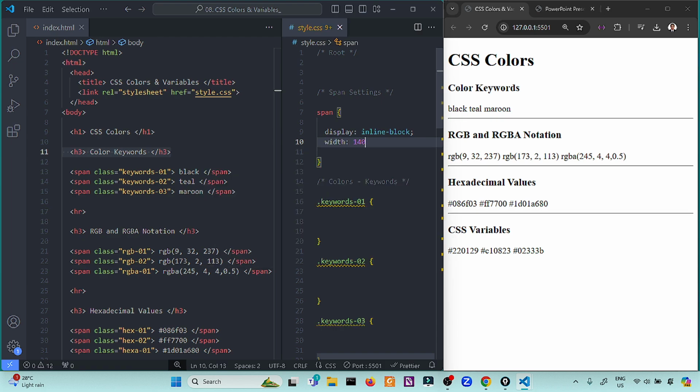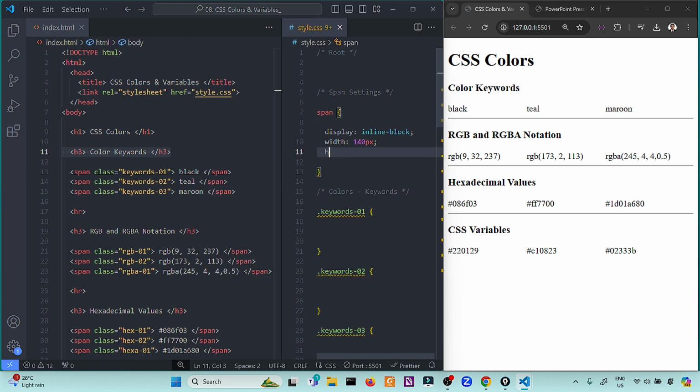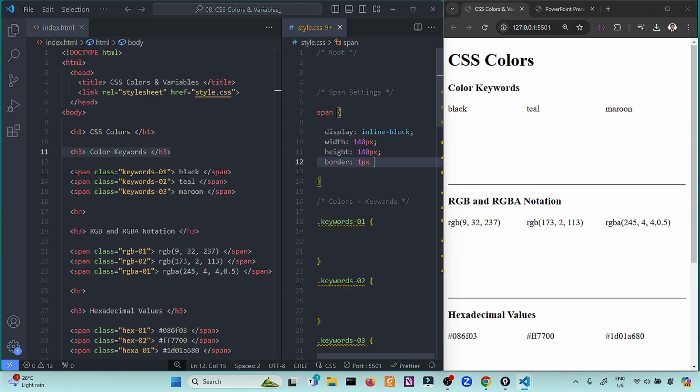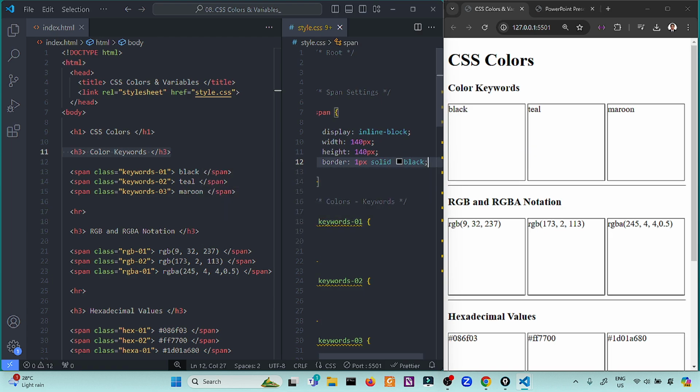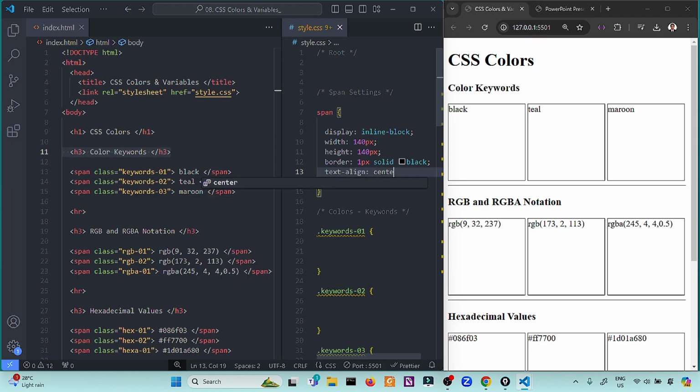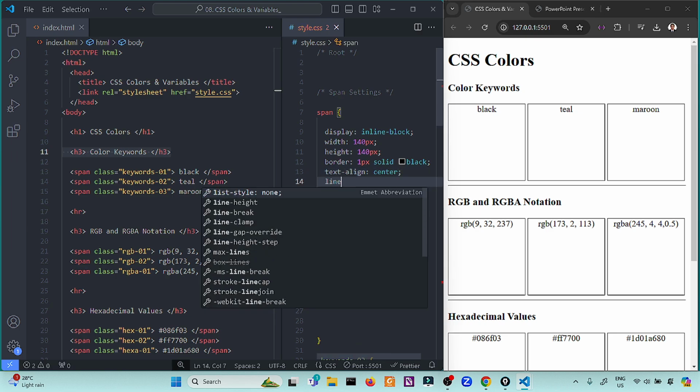So let's give it a width, for this example, of 140 pixels, a height also of 140 pixels, and a border of 1 pixel solid, more on border in the next topics. We'd like to center the text, so text-align center.